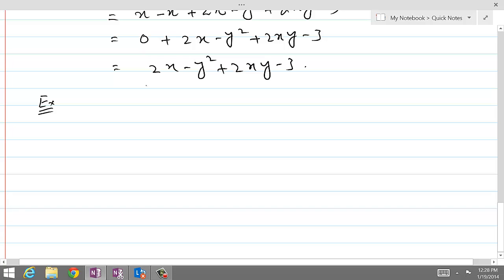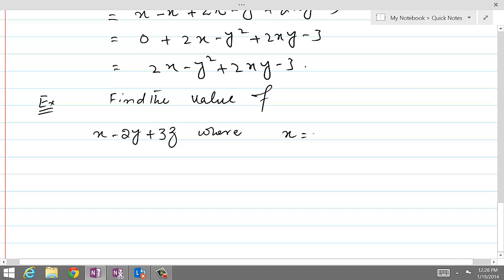Find the value of x minus 2y plus 3z, where x is equal to 2a square minus a cube plus 3a plus 4,